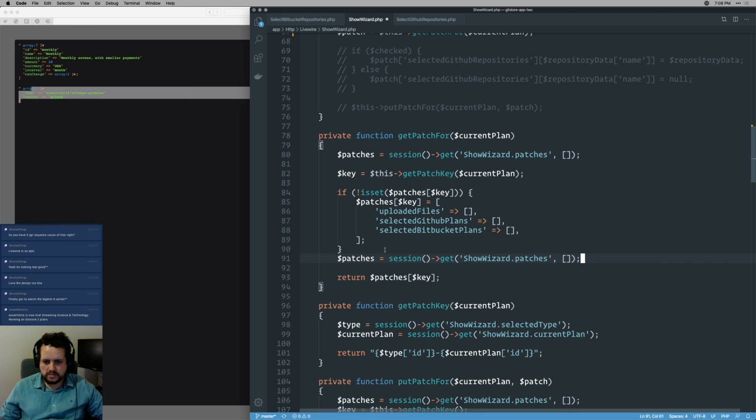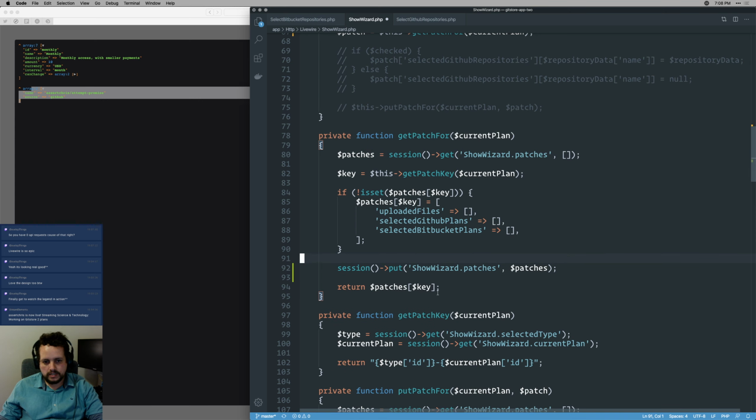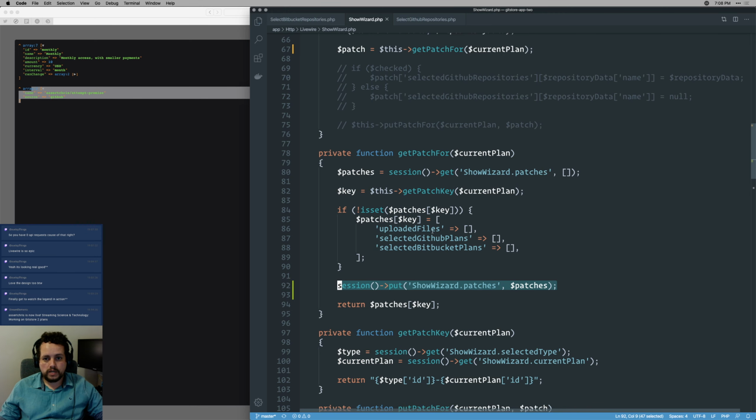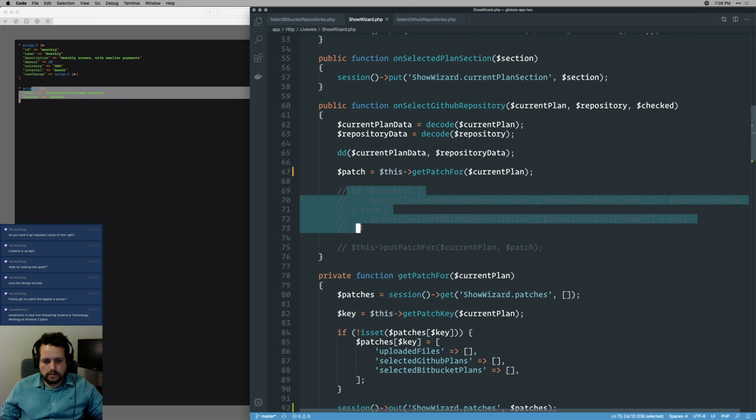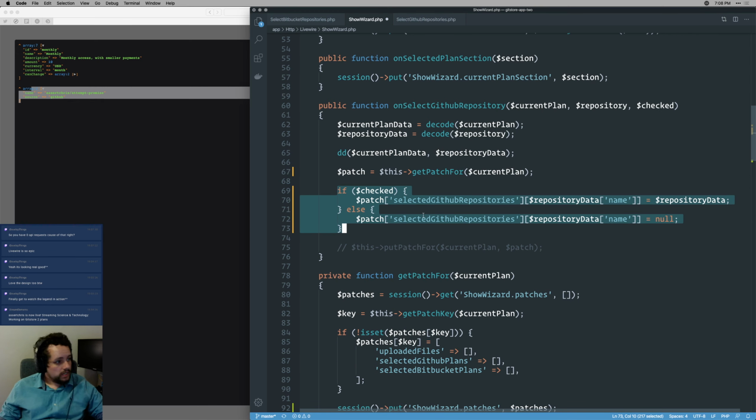This doesn't persist this though. This doesn't persist the patches, which I should do. So put patches like that. And I don't need to assign the results of that. This is useful because it will save this default into the session before the modifications even happen. Okay, we get the patch. If the value of this checkbox is checked,